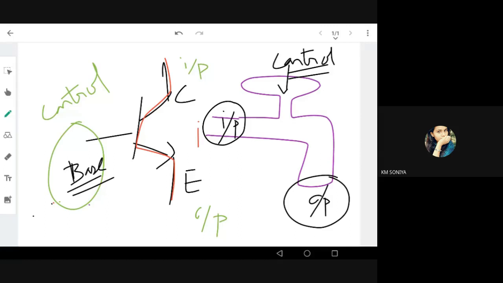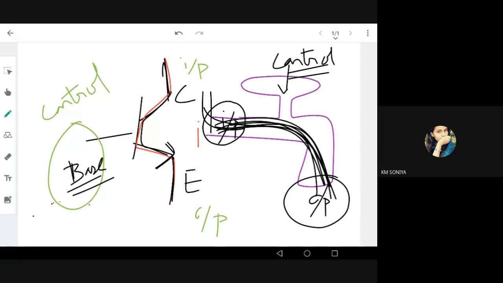So while changing the voltage or, sorry, current in the base, here in the BJT, we control the current across the collector and emitter terminals, right? That is nothing but the water flow across the pipe. We are controlling it using the control valve, which is the base here. So this is the pipe analogy.